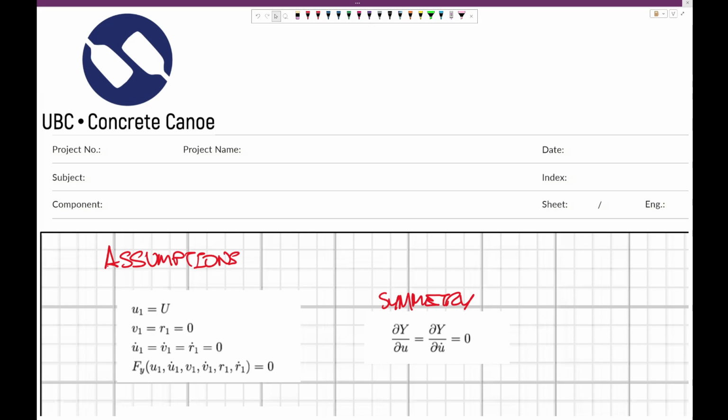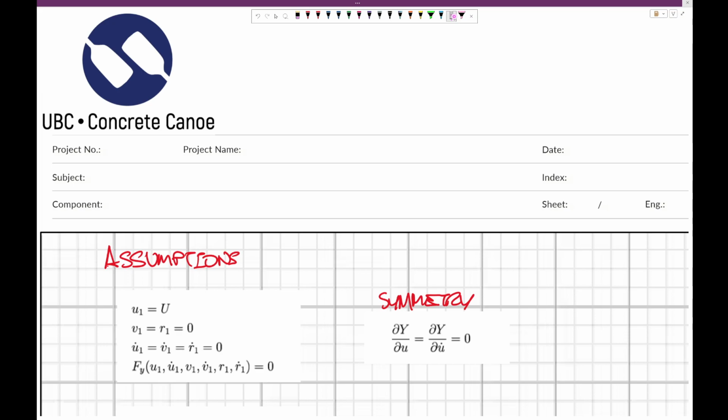assuming, for straight line stability, that you're just moving in a straight line. We're not going to have any rotational effects, we're not going to have any sway effects or sway velocity, right? So these are sway and angular velocity. We're going to set them to 0, and we're also going to say that we're moving at a constant speed forward, so all our accelerations are just going to be 0, and because of that we will be in equilibrium,